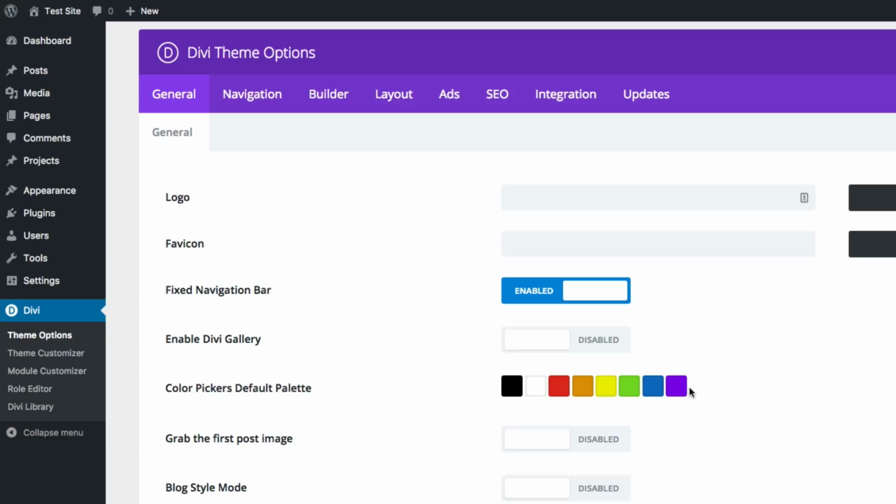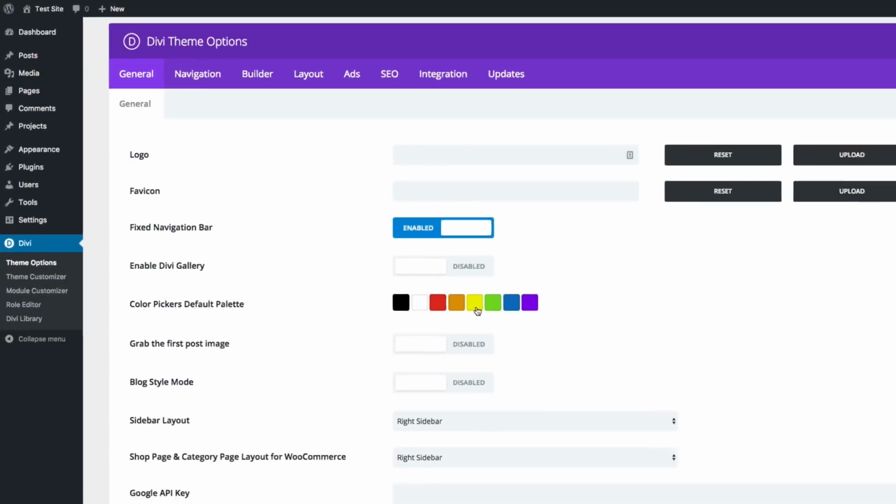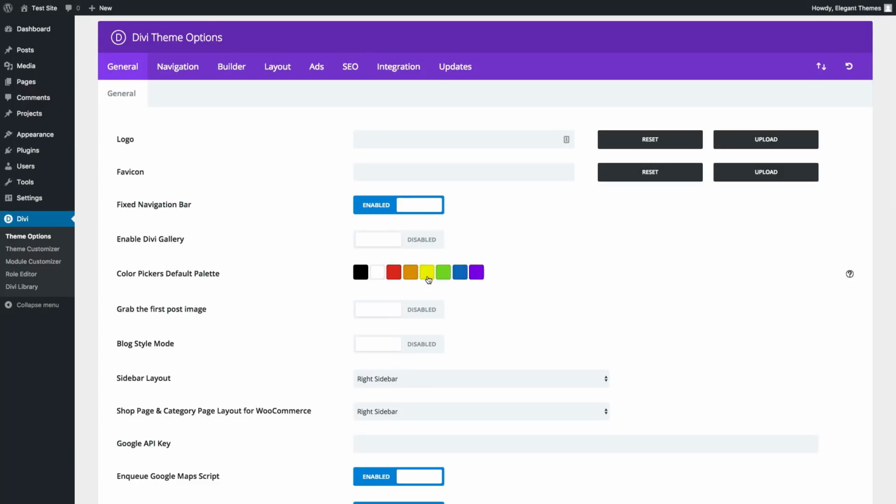Here is where you're going to put the colors that go with whatever your color scheme is for your website. At this moment, it's a good idea, if you're going to keep the colors that are for your layout, to go and grab those colors from your layout and then put them in this default color palette. That way they'll be ready for you to use in the future when doing certain edits, customizations. One good way to get some of these colors for your default palette is to simply go and open up your